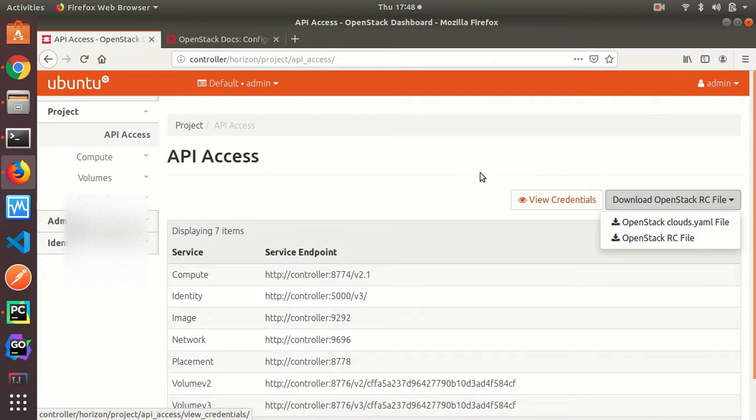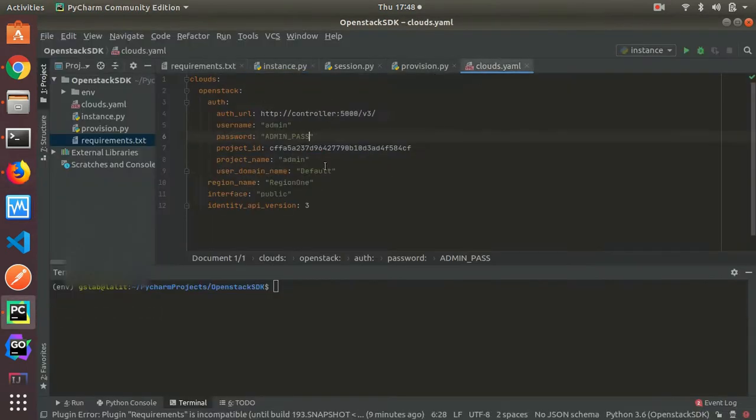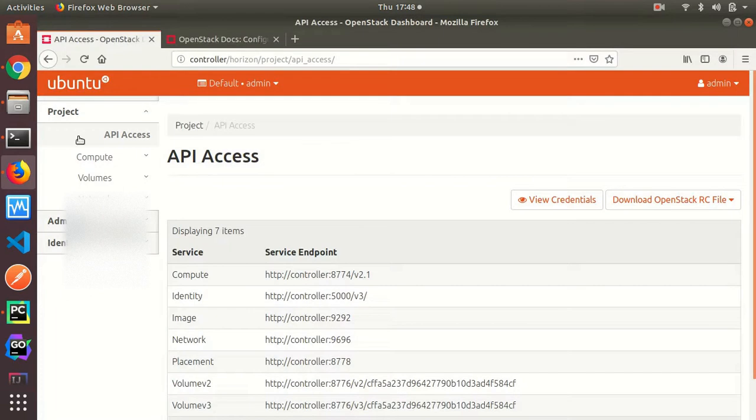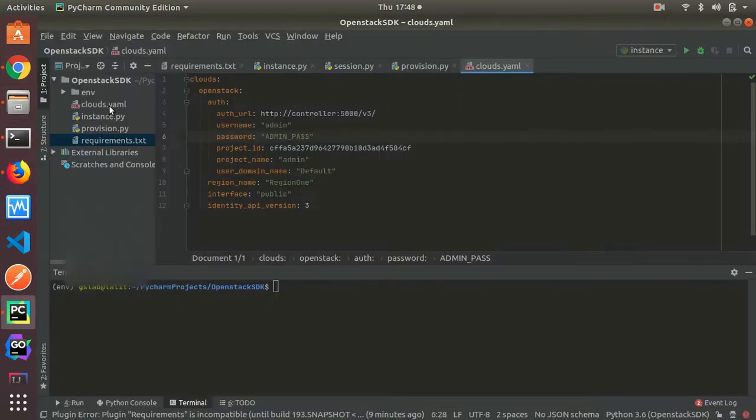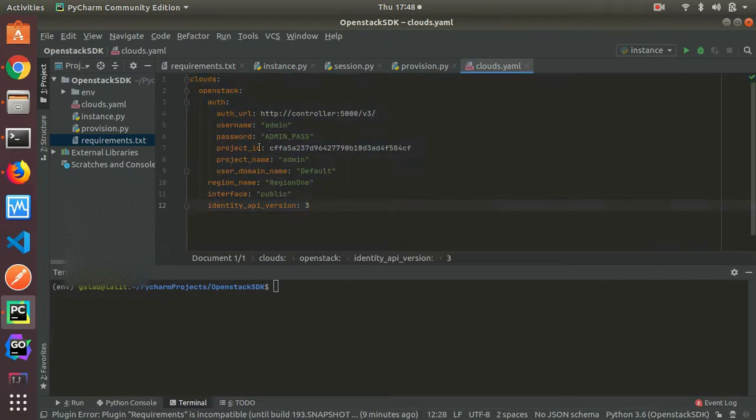I have already downloaded it, and this is my clouds.yaml file. Downloading from the UI is good enough. Then you just need to copy this clouds.yaml file to the PyCharm project, which is our current project.